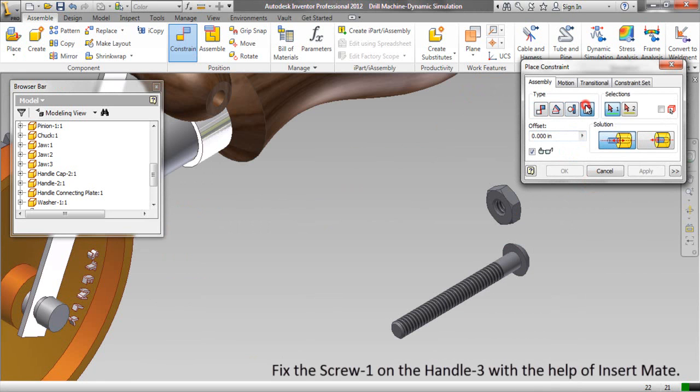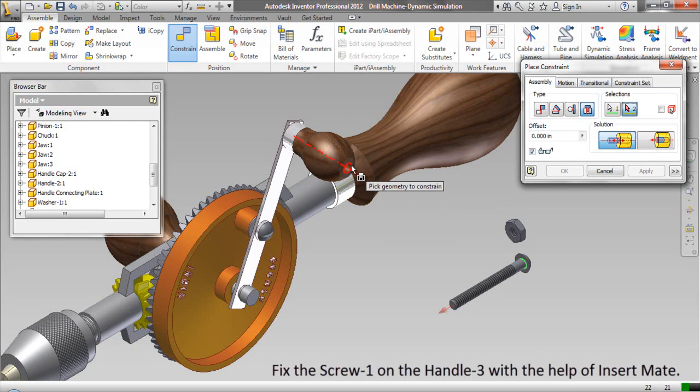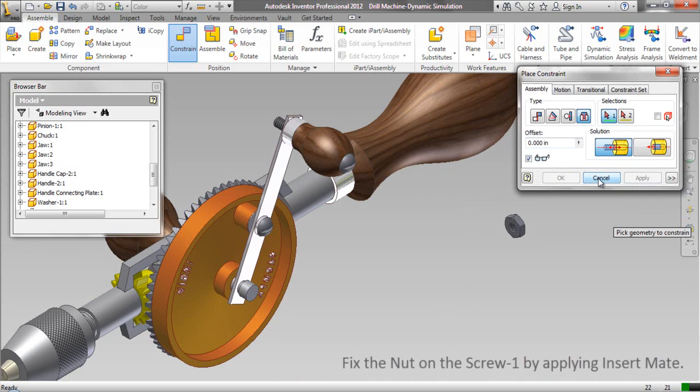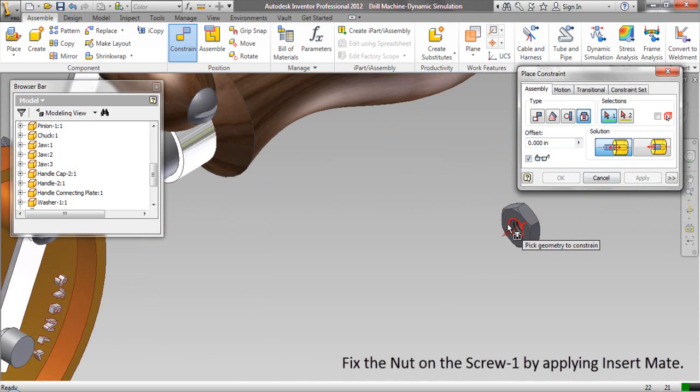Fix the screw 1 on the handle 3 with the help of insert mate. Fix the nut on the screw 1 by applying insert mate.